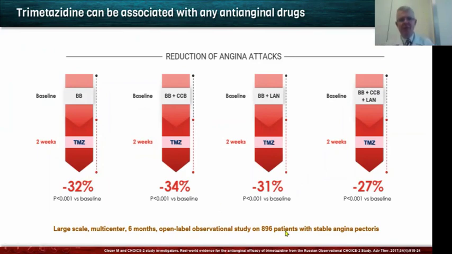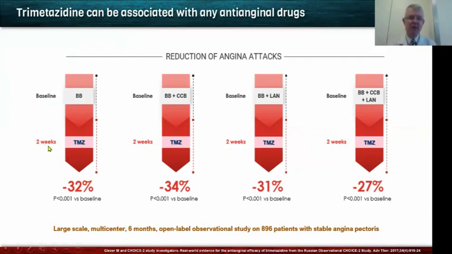Look at this data. Almost 1,000 patients with stable angina pectoris being treated with different therapeutic strategies, beta blockers in monotherapy, combination therapy, triple combination therapy. When you add trimetazidine, regardless of the background therapy, the patient will get better, and will get better